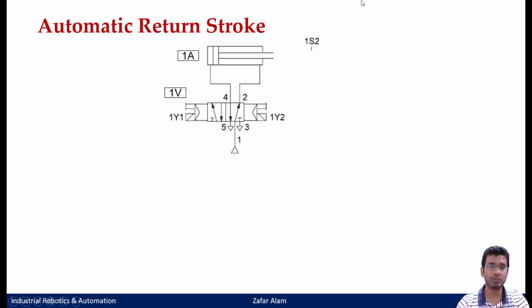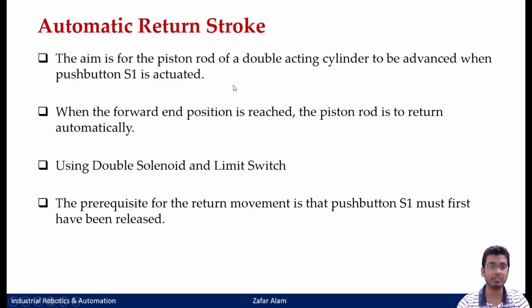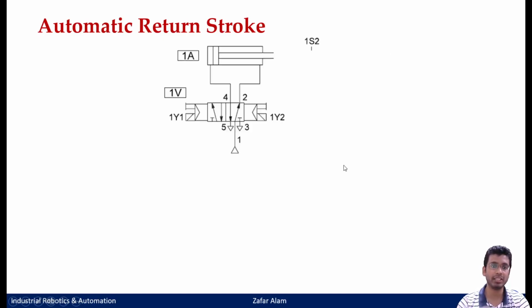Okay, so this will be your pneumatic circuit. As I told you, in the question it was given that you have a double acting cylinder, a double solenoid valve, as well as a limit switch. Why a limit switch? To detect the end position. So this is your double acting cylinder 1A. You have your limit switch 1S2 here, that will detect the completely extended position of the cylinder. Then you have your 5/2 valve, a double solenoid valve, with both sides. 1Y1 is your solenoid valve here, and 1Y2 is another solenoid valve for the same cylinder 1A.